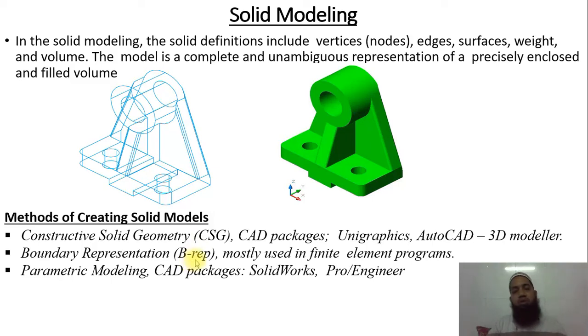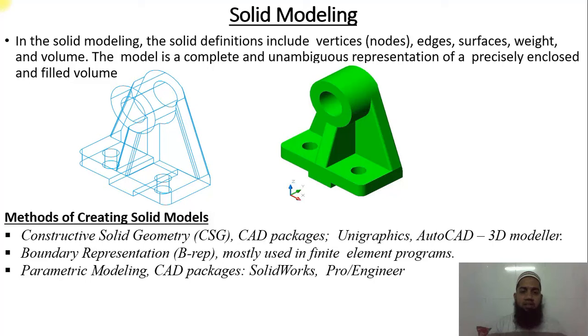Other methods are also there in the book: half spacing, analytical solid modeling, cell decomposition, spatial enumeration, octree encoding, primitive, and sweeping. But here we are only going to study our first two methods. The third method is also not most important; only the first two methods they ask in the end semester examination, as well as they are the most important.